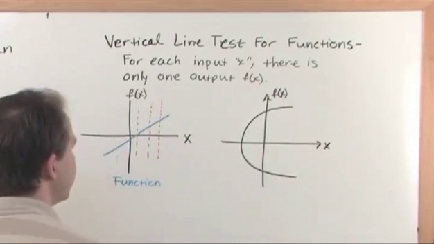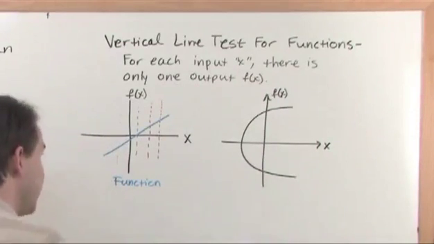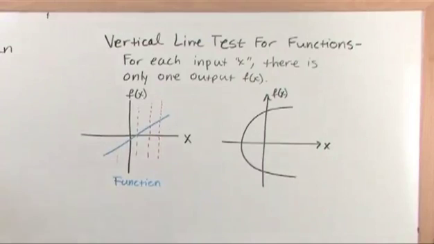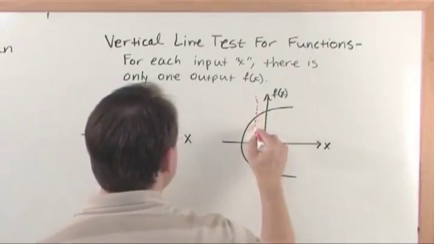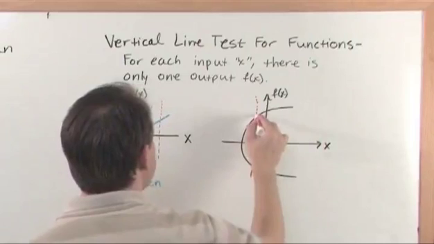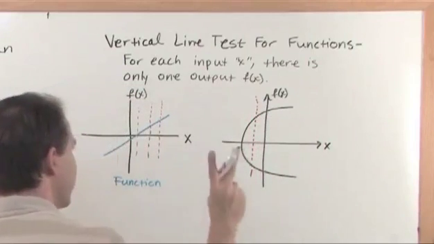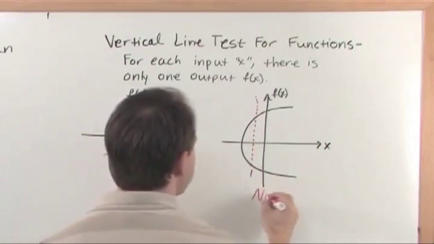And the question was, is that a function? And what you should do anytime they ask you that is you just go straight to your vertical line test for functions. What you need to do is you draw a vertical line and you see how many times it crosses. Well, it crossed right here and it crossed right here, so it crossed 2 times, so